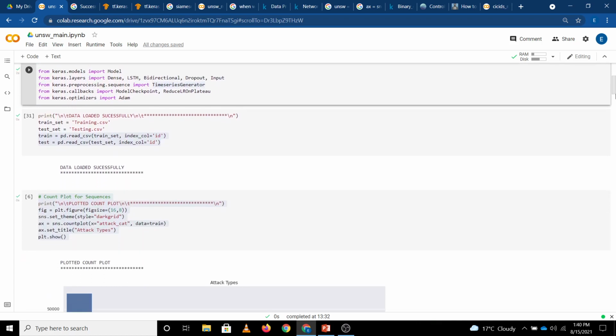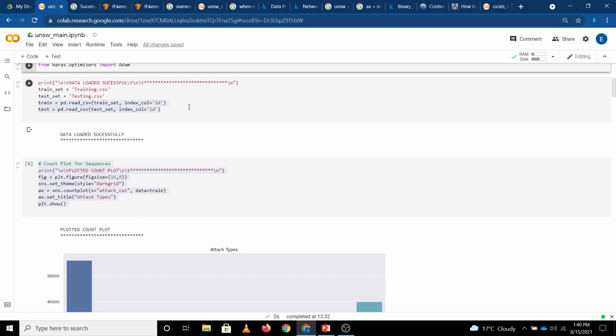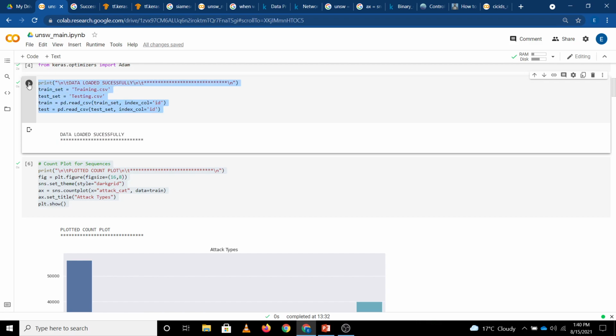we just loaded our data set here for training and testing. So the training part will go through training, and the remaining will pass on to testing. The data set is used as input with the pandas library function, pd.read_csv, which we used here as a function to read the data set for both train and test. After loading the data set, we executed it and it's successfully loaded here.